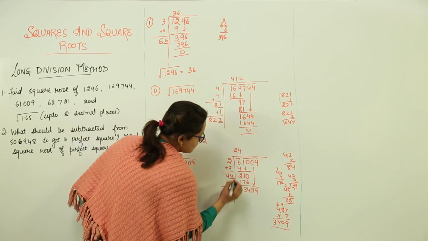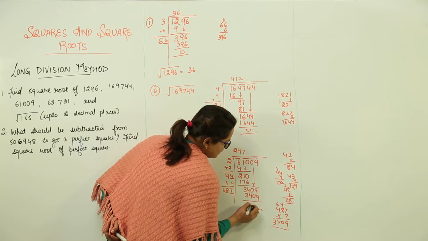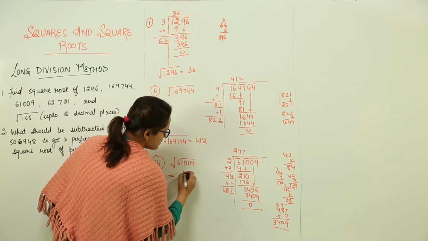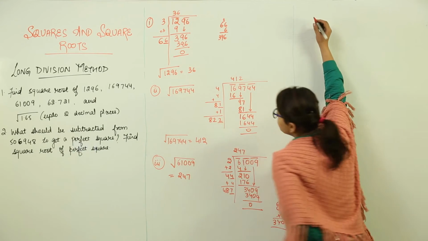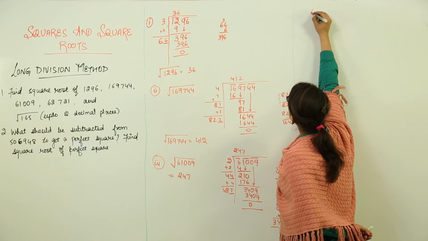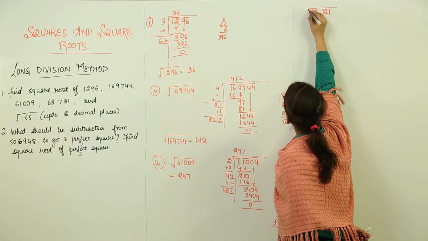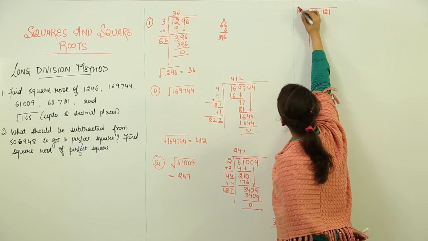I know that it will go with 7 completely, so I did it with 7, leaving the remainder 0. That means the square root of 61009 comes out to be equal to 247. Right? Next one is 62.721. Now using the long division method, we will be finding the square root of